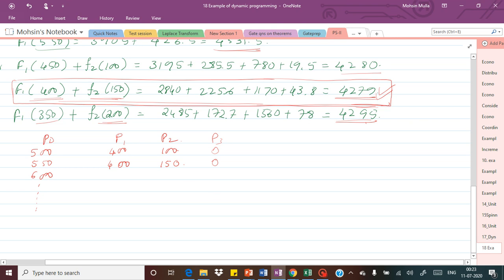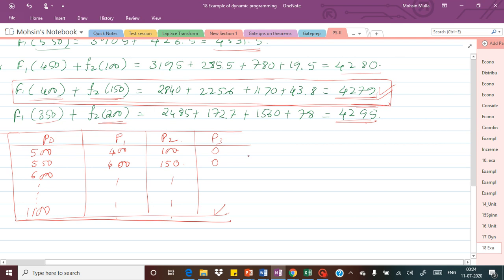But when the load is larger, say when it is more than 1050 megawatt or say 1100 megawatt, in that case this unit will also be loaded here. Okay, so whatever most economic combination we get, we are going to go on adding here. So like this we can get the unit commitment table for the different loadings with the help of this dynamic programming concept. This will be followed for as many units as are present in the particular plant.